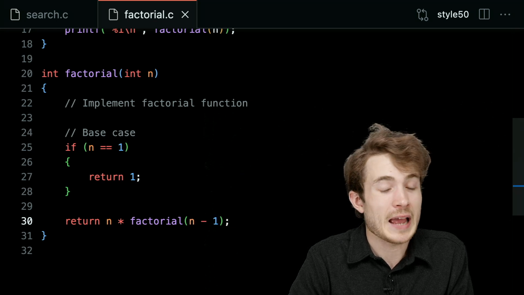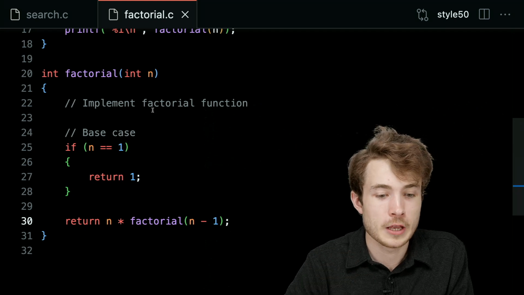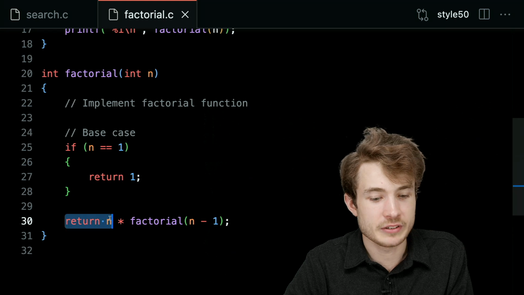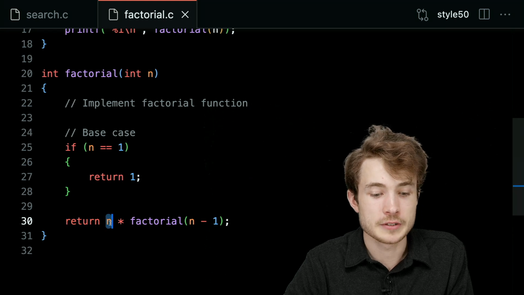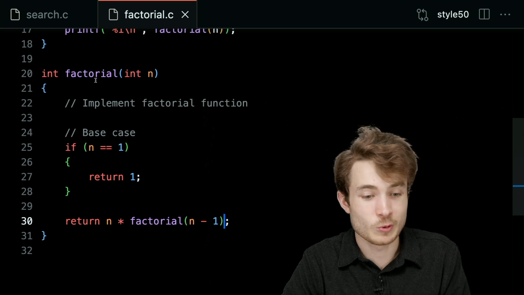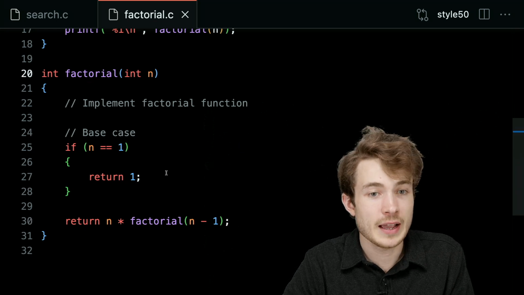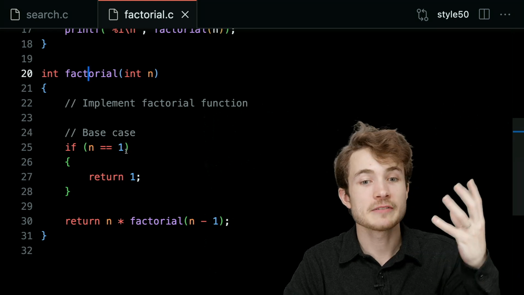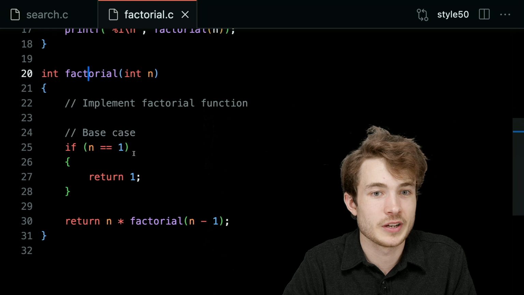So now what I've done is I've added that recursive call. If I call factorial, given, let's say, 4, I won't activate my base case. 4 is not 1. But I will go down here and say, I'm going to calculate 4 times the factorial of 3. And I'll go back to running factorial again and again until I find that base case and return and return and return and return until I find my ultimate answer here.